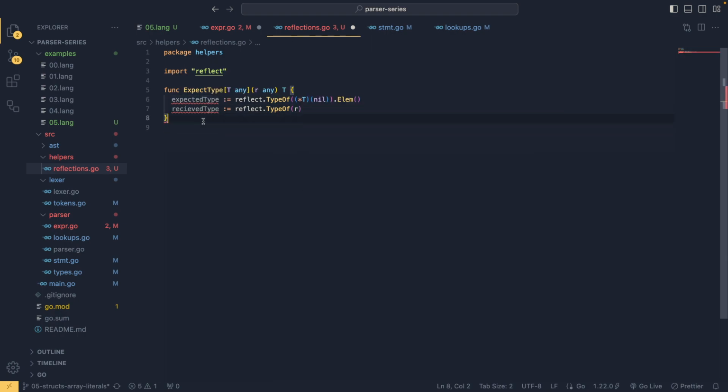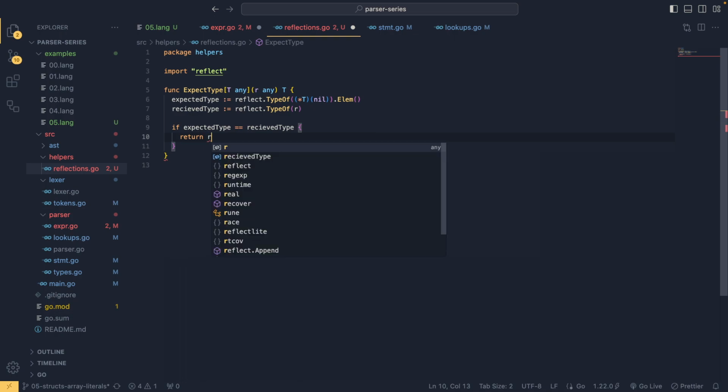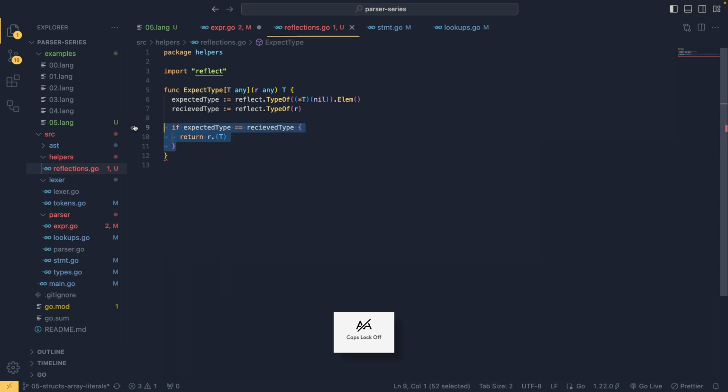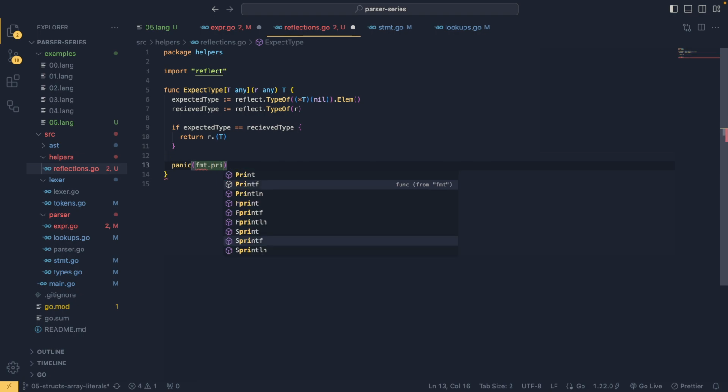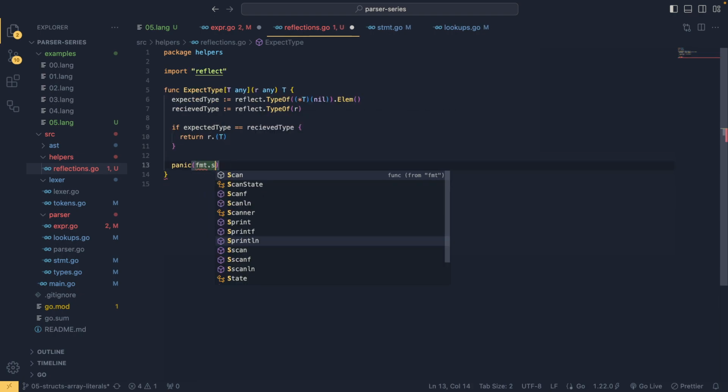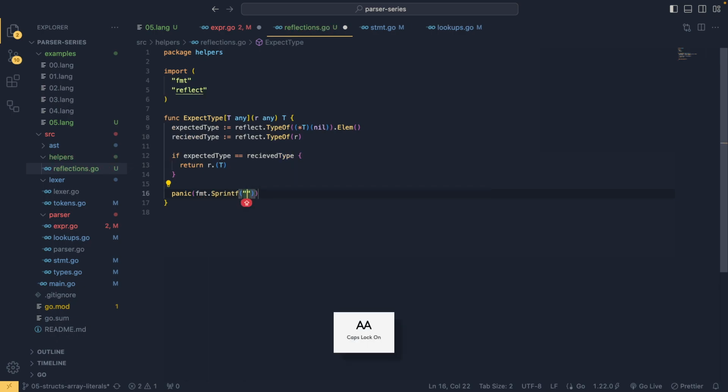And now what's really cool is we can compare these two, right? So if expected type is equal to the received type, then we can just return rt, like so. And there we go. This now handles this case. However, now we need to panic if we didn't find one, right? So panic fmt.Sprintf, not Printf, fmt.Sprintf, and let's just say expected, but